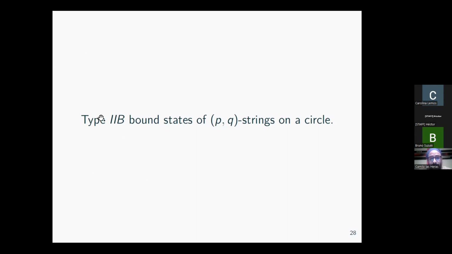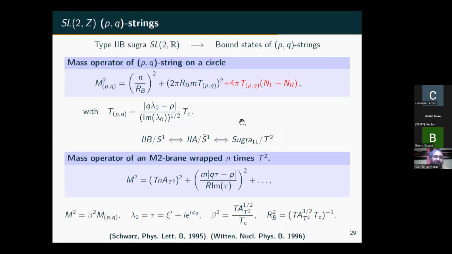Now I will talk about type 2B bound states of PQ strings on a circle that are related to non-trivial sectors of the M2 brane. It was mentioned by Schwarz in this work that type 2B supergravity contains an SL(2,R) symmetry. That means that the action of type 2B supergravity can be written in such a way that it has an SL(2,R) invariance on the action. This led Schwarz to